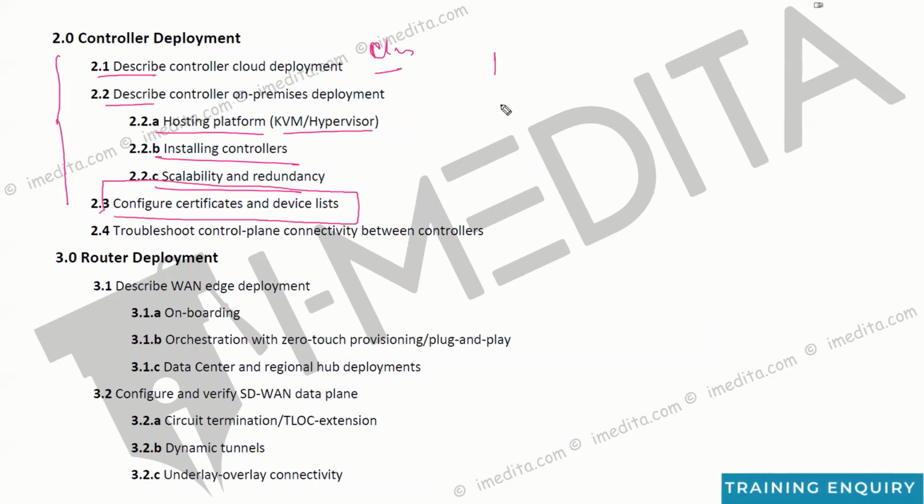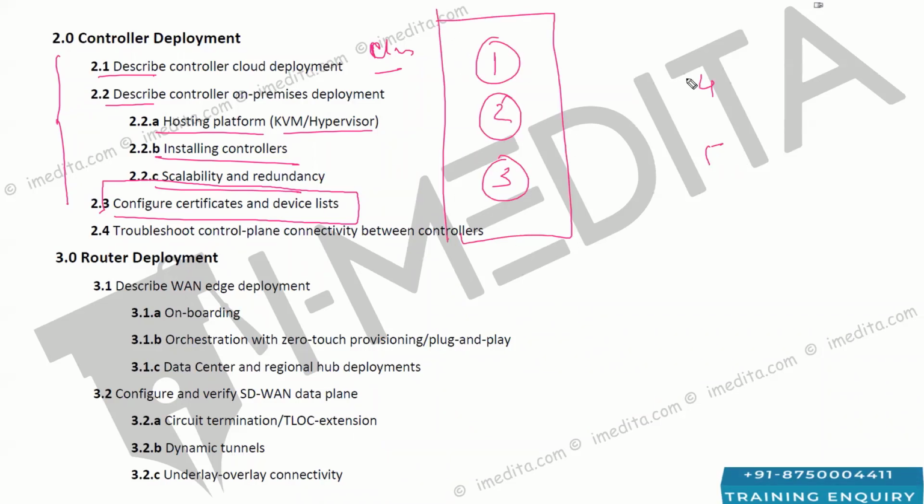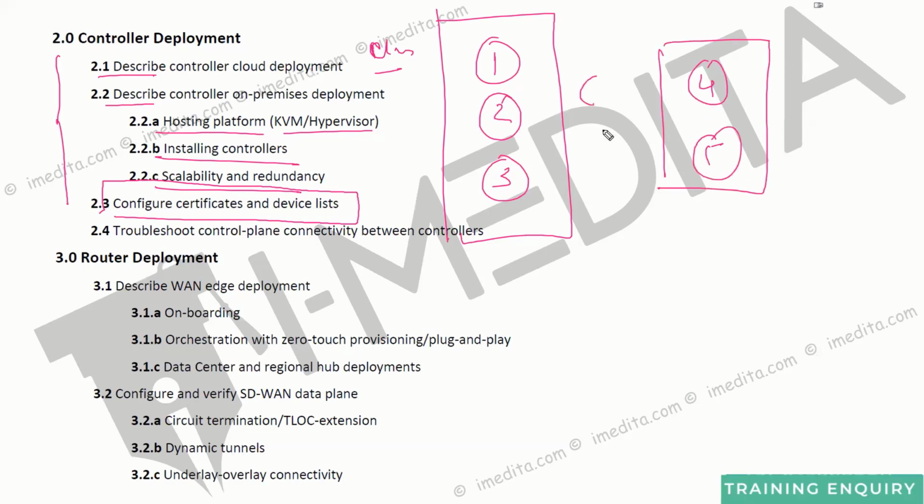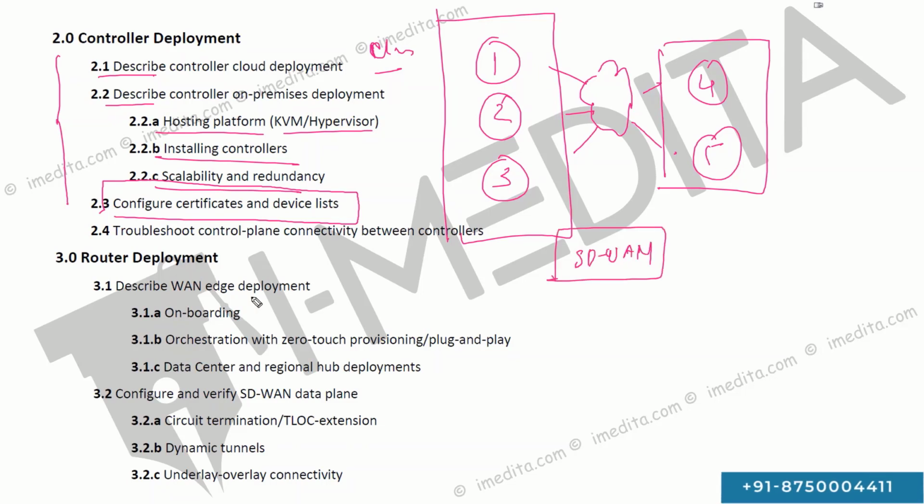Once we deploy the controllers, let's say we have deployed the 3 controllers, and we have some edge devices as well, for example, vEdge devices and cEdge devices. We have deployed our controller maybe in a data center. We have deployed our edge routers, for example, maybe in some branches, and they all are connected to each other. So when your SD-WAN controllers and edge devices interact with each other,